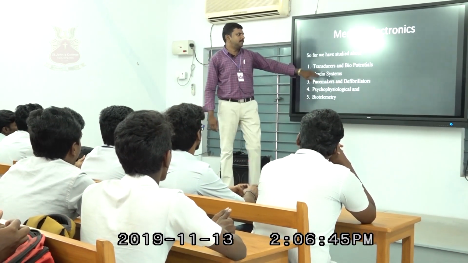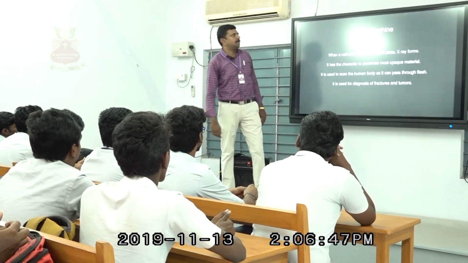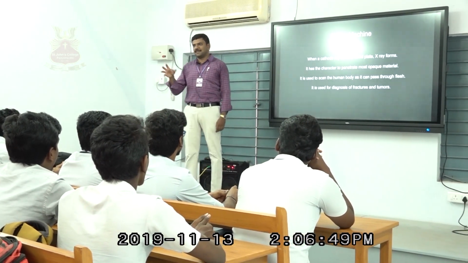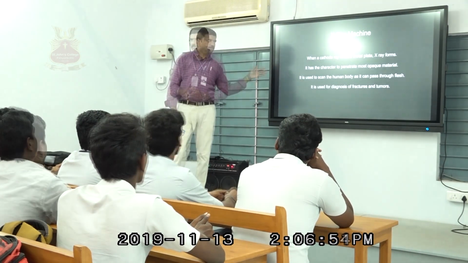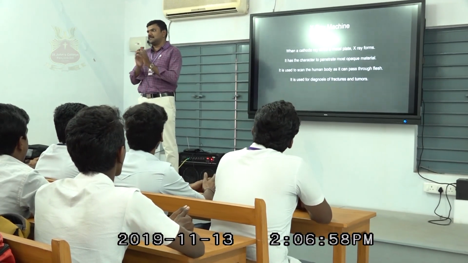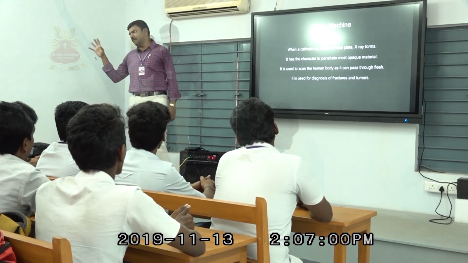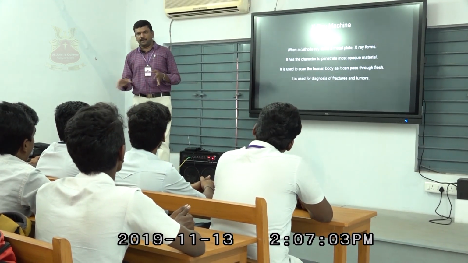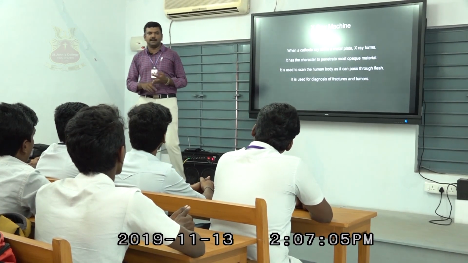And in the fifth unit we see about the instruments for scanning the image of a body. Before that, we saw many instruments. They will not scan the body. They will just take some electrical pulse from the body. In the biopotential electrodes, whatever it be, it will take some voltage or some biopotential from the body. And one of the basic and earliest things is X-ray.